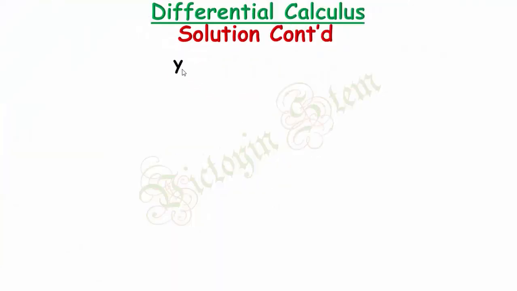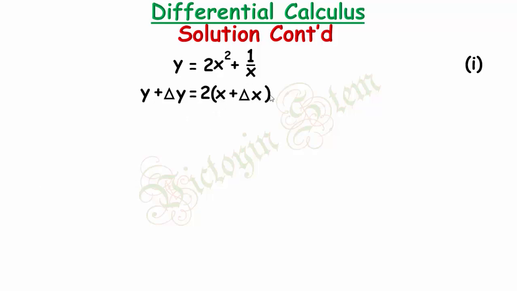Now I'll write my question. y equals 2x to the power of 2 plus 1 divided by x. I'll christen this equation 1. And then I'll have y plus delta y, that is a small increment in y, equals 2 into brackets x plus delta x, I'll close the bracket, to the power of 2, because this is x to the power of 2, plus 1 divided by this x plus delta x. As I've mentioned earlier, delta x stands for small increment in x, so I need to expand